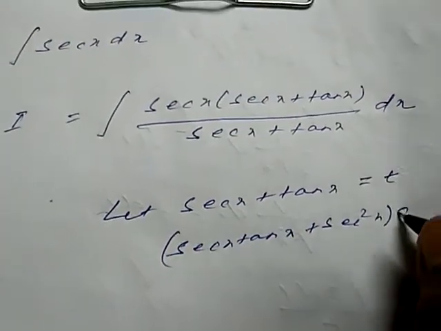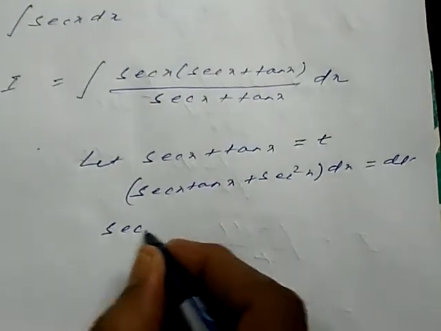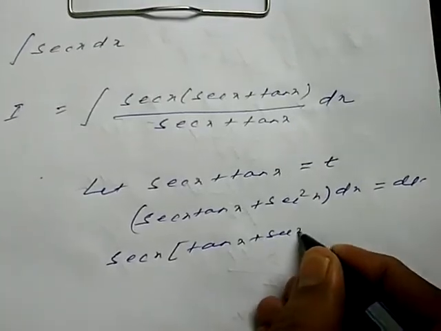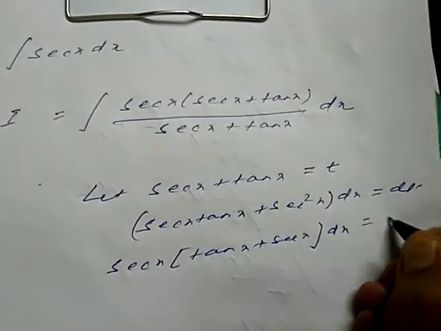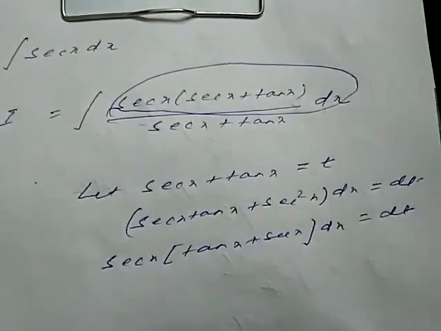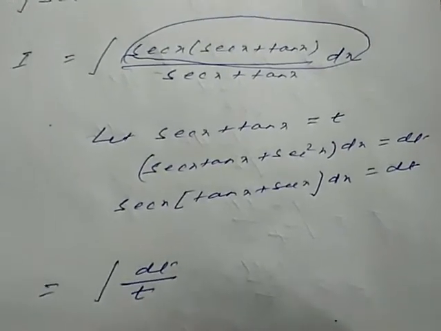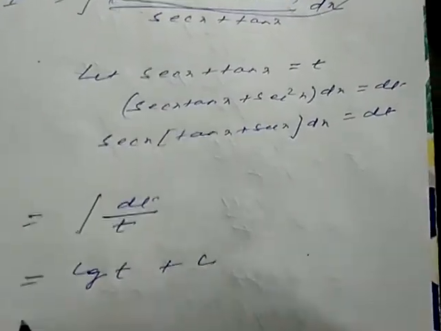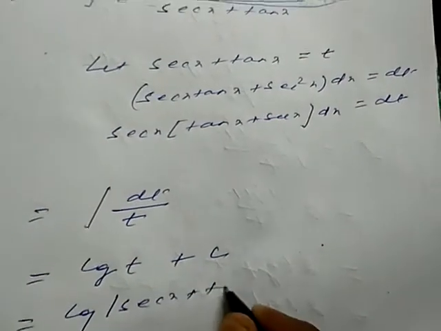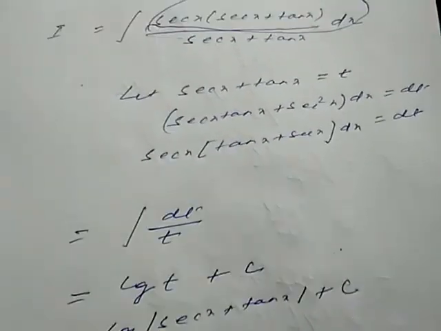And this is dx, and that is equal to dt. We will take sec x common. This is tan x plus sec x dx. And what exactly we are saying, this derivative is available with the numerator. And by doing so, we will put it dt, and in numerator it is t. So finally it is log t plus c, and t will be substituted like this. This is sec x plus tan x. So we got an integral value for sec x, and after moderation. Now this is the second.